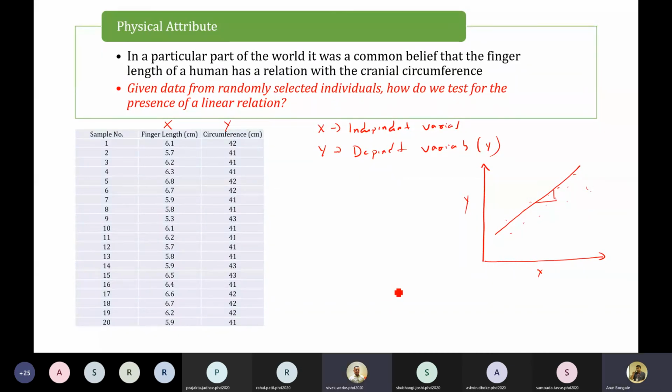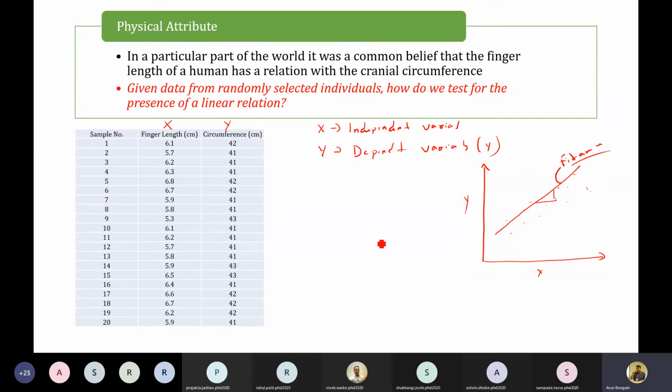Sir, slope and intercept, and based on the slope we can easily say whether the variation is dependent or not, right? Very simple approach again: plot the graph and find out the slope, or fit an equation